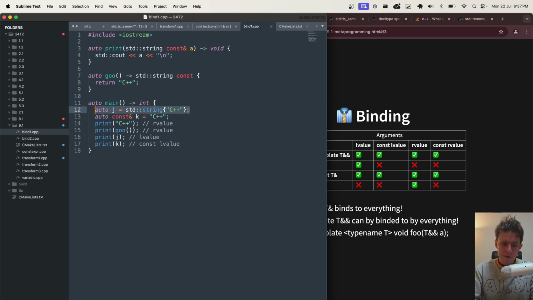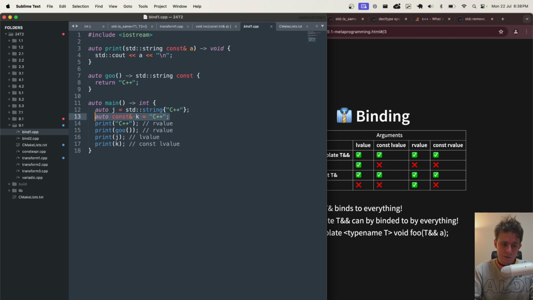So here I have an L value. It's a mutable L value because it's not const. And here I have an L value reference because, sorry, is it an L value reference? Const, yeah, const L value.